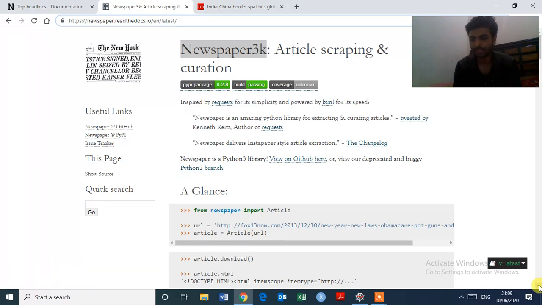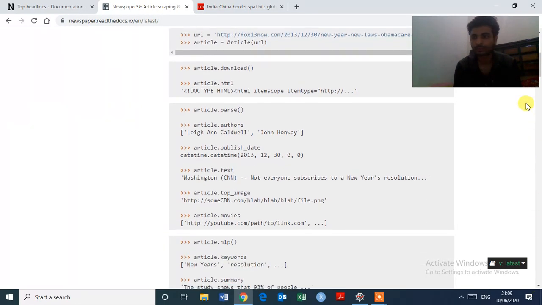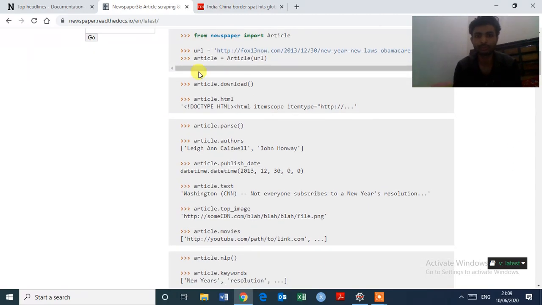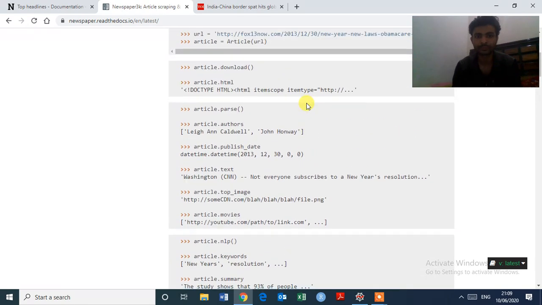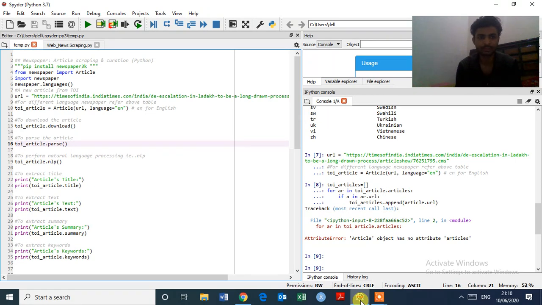Here you can also see the coding, the newspaper import for articles, and the syntax. So how can we extract the news from a website? Okay, let's jump to the coding part.